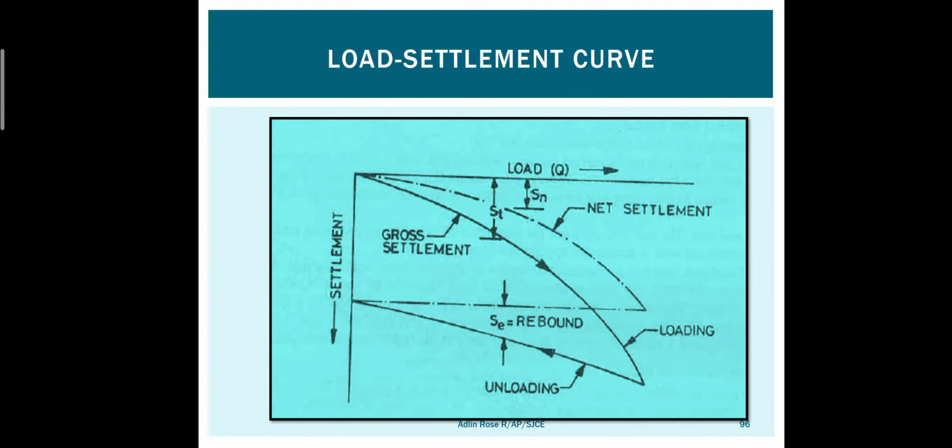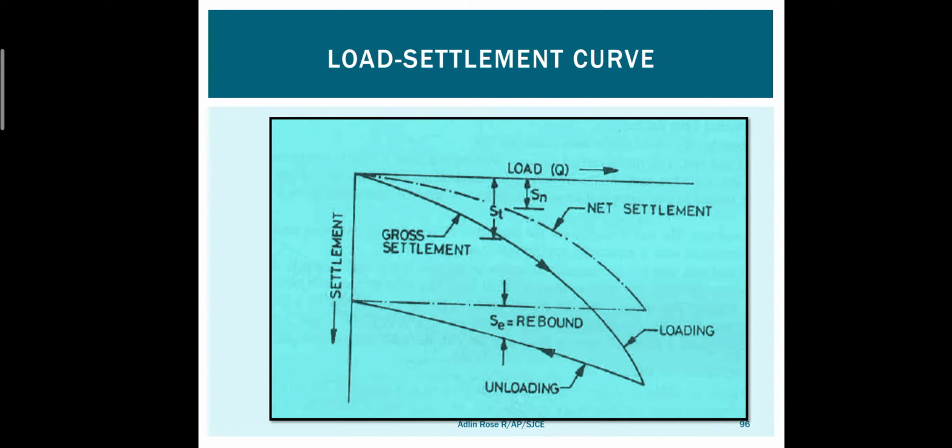Okay, we are worried about the graphical method only, so the graph will be like this. When you are loading, you get the gross settlement curve. The loading curve, shown in solid lines, is the gross settlement curve. As the load increases, settlement also increases. Then you start unloading, and when you are unloading, you will get the reverse order settlement. And what did I say? The reverse settlement decreasing line is going to be the rebound. That is going to be the rebound.